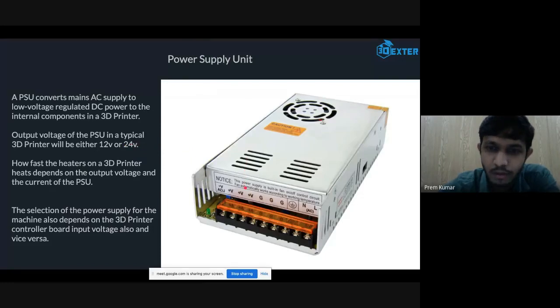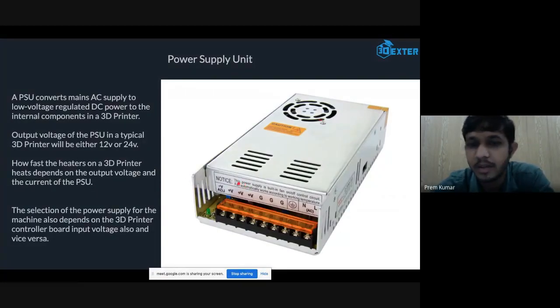If you go for a 24 volt system, your heaters, like hot end heaters, you might have a single heater, or you might have dual or multiple hot ends. So you will have multiple heaters and heated beds. It can be a smaller one, or it can be a bigger heated bed. Depending on the consumption that your 3D printer requires, you need to choose this SMPS properly. But if you go for 24, it will heat up everything very quickly. You don't need to wait too long. If you go for 12 volt, your heated bed might take a little longer to heat.